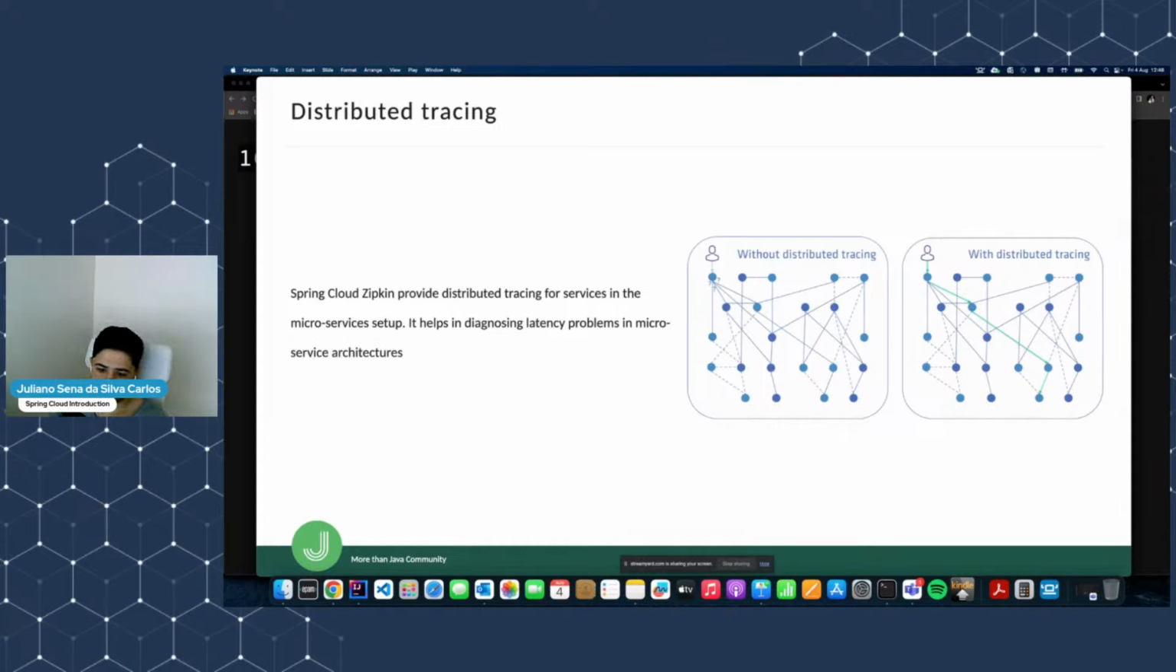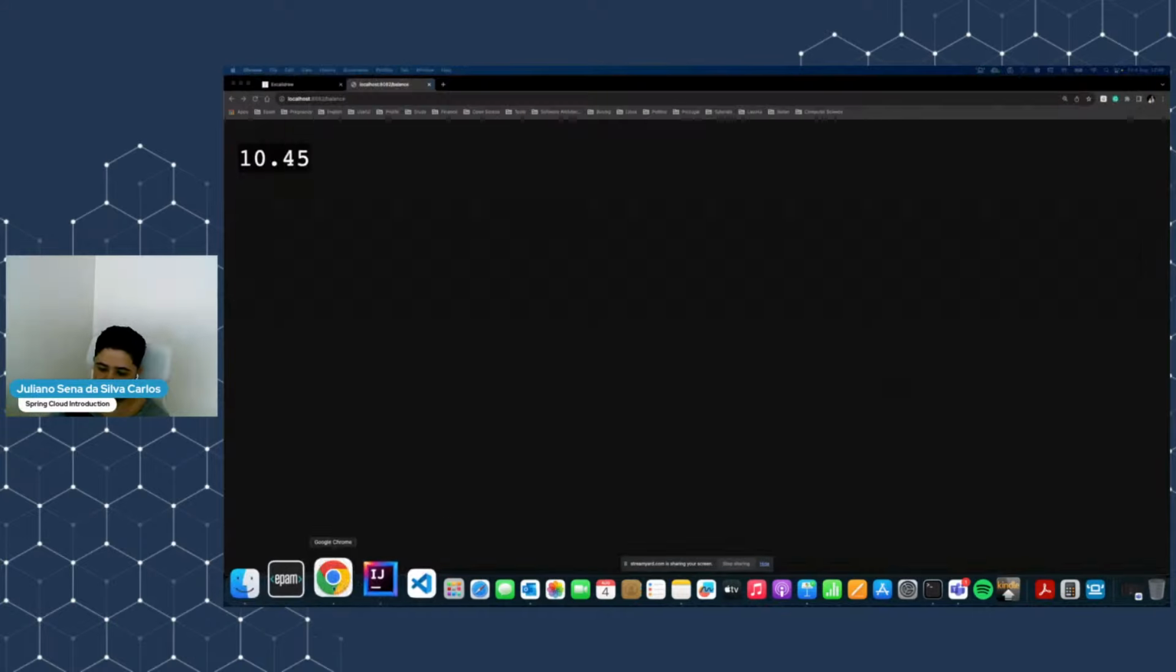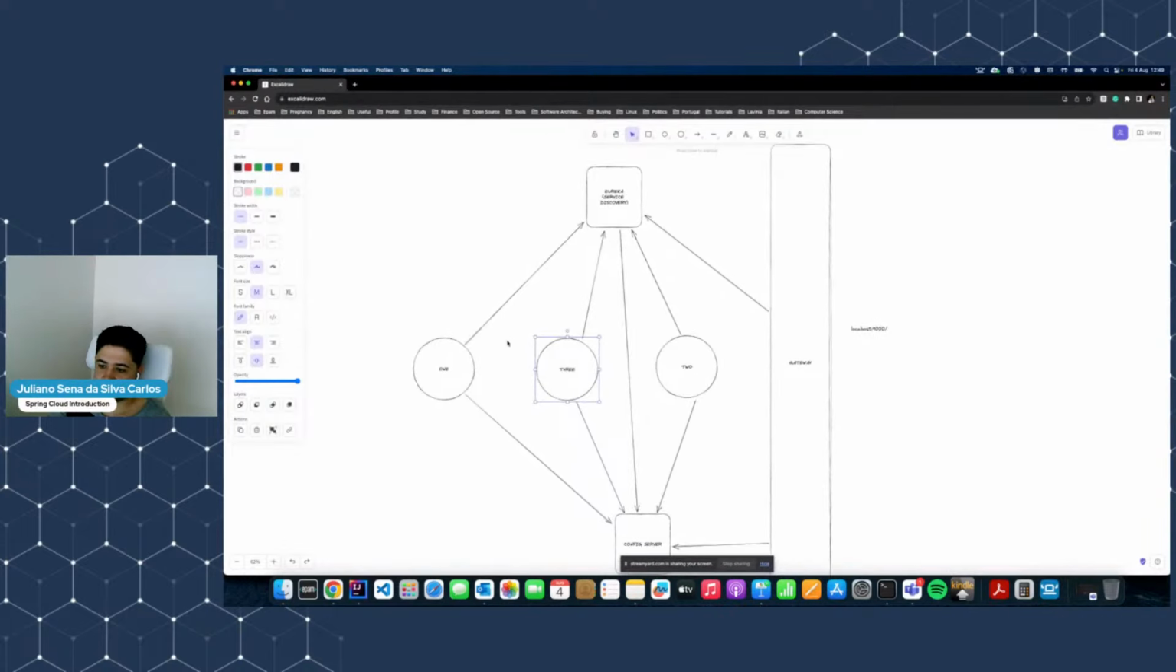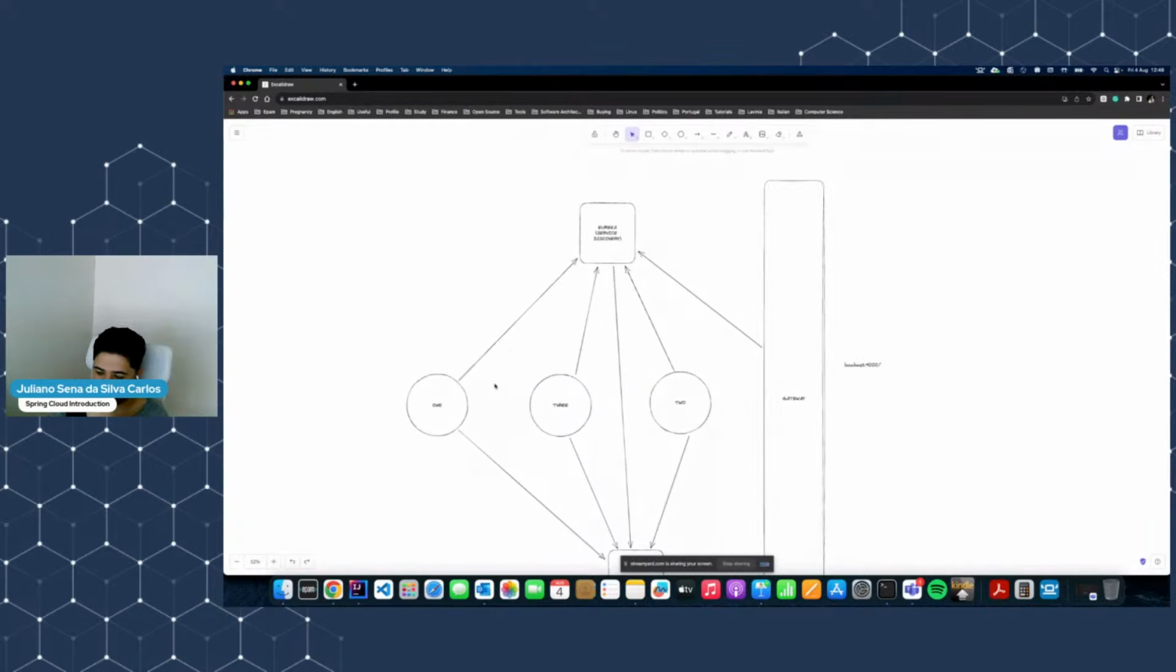And the last one is distributed tracing. Imagine in our application, in our distributed system, imagine 100 modules calling each other, and we are a developer and team,